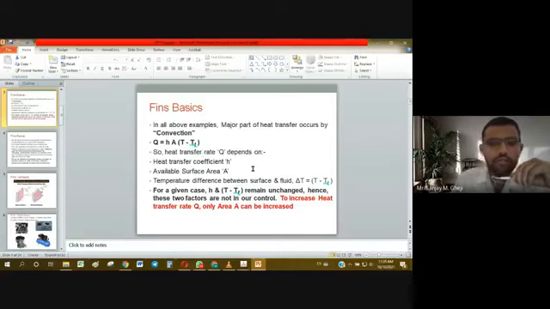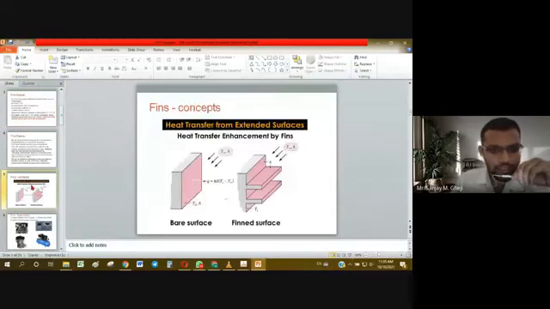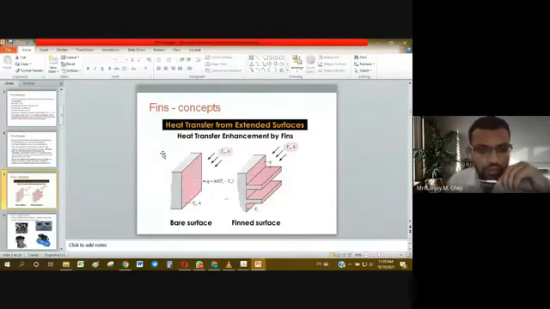Okay. So to get more and more heat transfer rate, we have to increase the surface area, but while doing that, we should not make any big changes to the basic design of a component. Okay, so without causing much change to the basic shape, form or size of the component or the equipment from which heat transfer is taking place, what we can do is attach some extended surfaces, so thereby we can get some extended area, and that extended area will help us increase the heat transfer rate. So this is the basic idea.